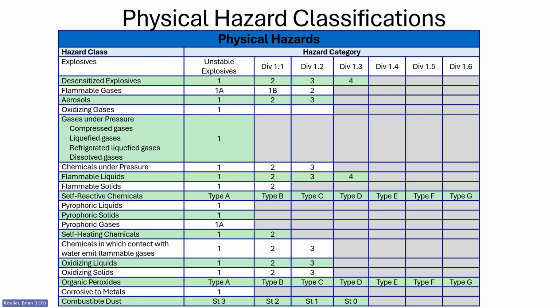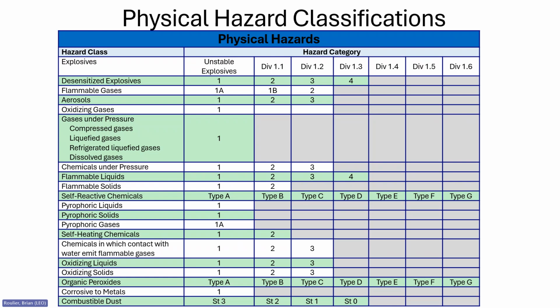The physical hazards chemicals must be evaluated for are below, along with applicable categories. The severity again decreases as you move left to right on the chart, with one indicating a higher severity. The hazards include explosives, flammables that are gases, liquids, or solids, aerosols, which are non-refillable vessels containing a gas that's compressed, liquefied, or dissolved under pressure. These will have a device to release the contents of a vessel as a gas, liquid, foam, paste, or a powder. Oxidizers, which are chemicals that provide oxygen and can cause or contribute to the combustion of other materials more so than air does.